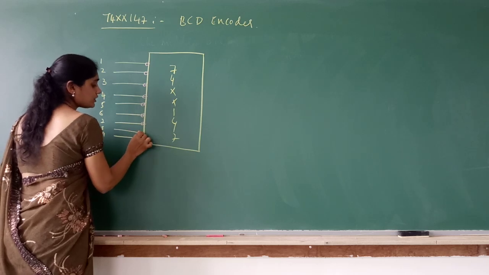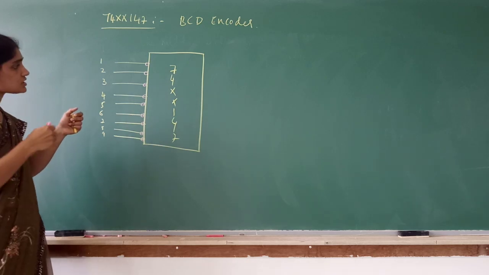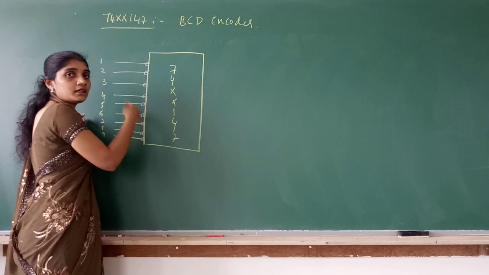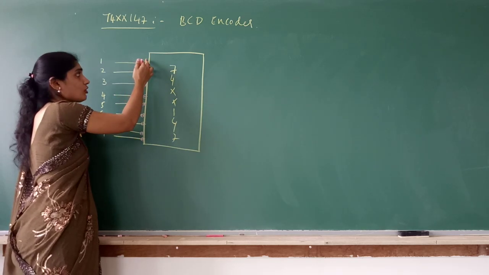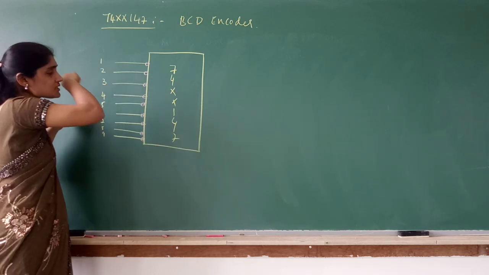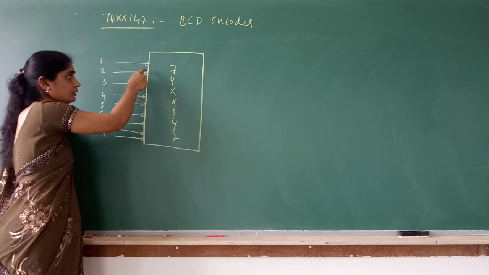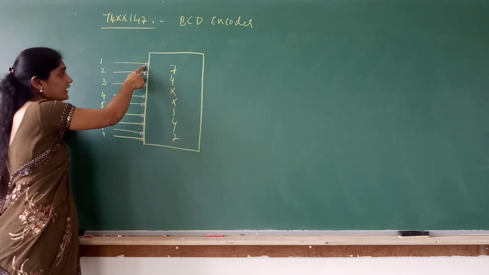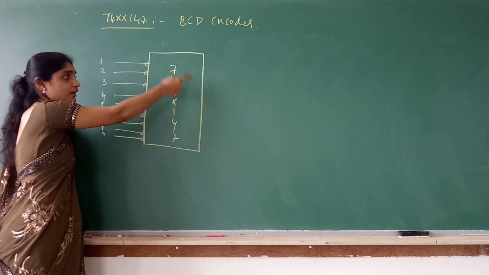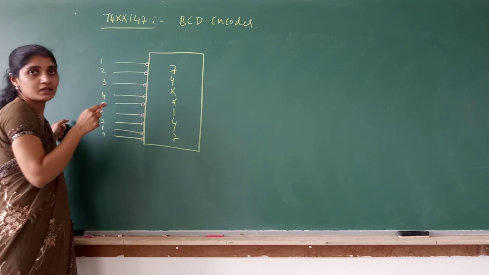You have to be very careful. Either you can write a triangular symbol or you can put a bubble. So just to tell you that even active low can also be represented by writing a bubble. Till now we were writing the triangular symbol, but a bubble can also be used to represent active low. So I have written a bubble at the input side. If I am writing a bubble at the input side, it means that the inputs are active low. If I write a bubble at the output lines, outputs are active low.